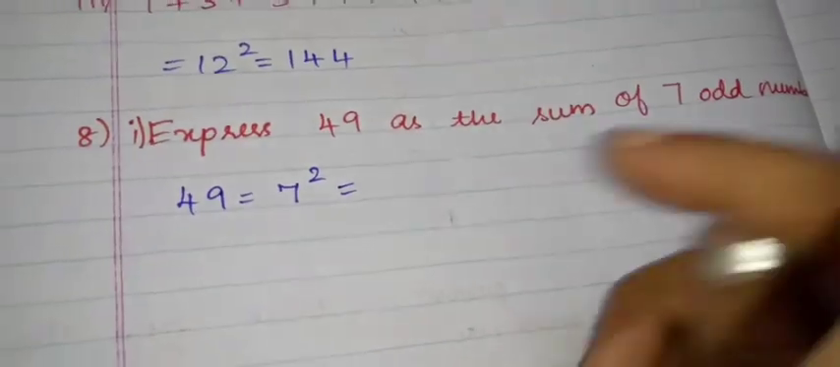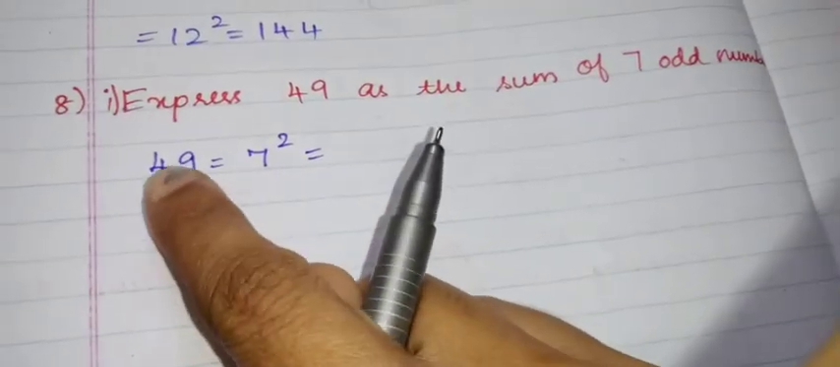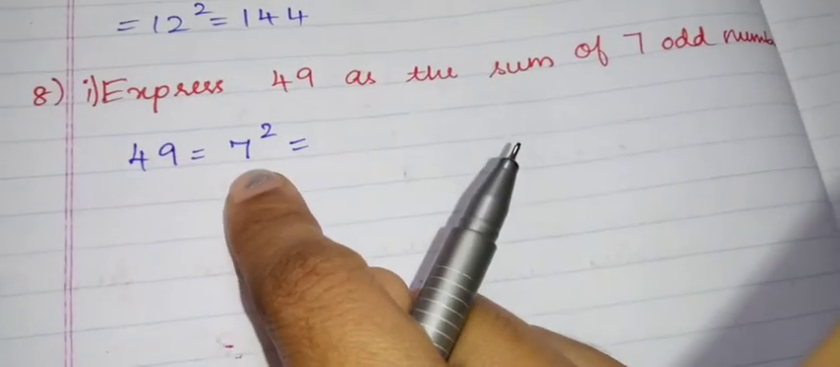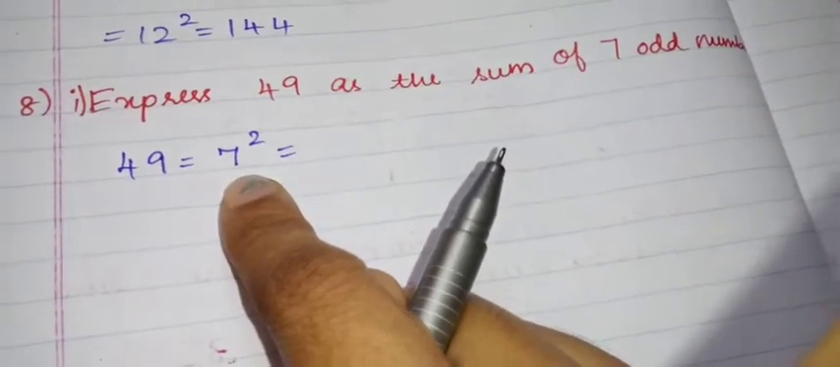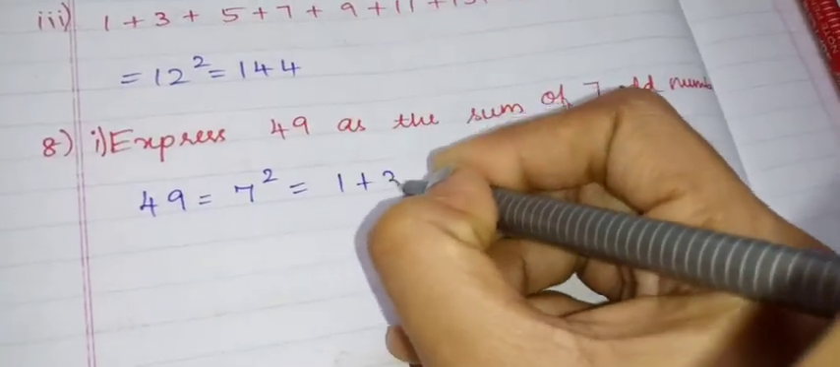49 is nothing but what? 7 square. 7 sevens are 49. So instead of 49, you can write it as 7 square. Actually, if it is 7 square, the value is, if you add 7 odd numbers like 1 plus 3 plus